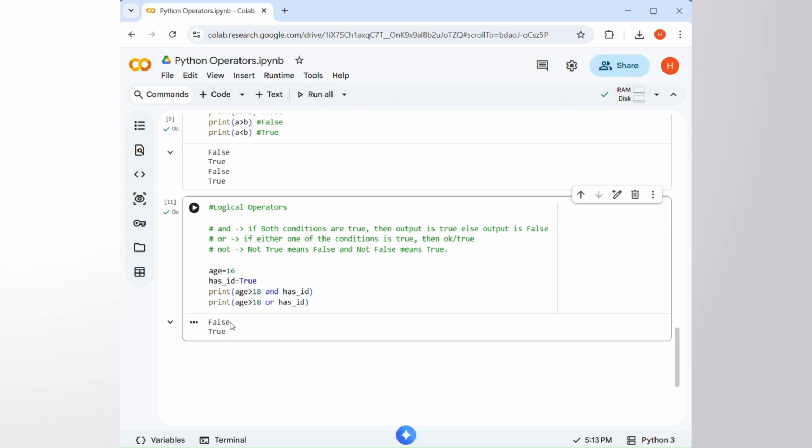So then the result is false and true, because if either one of the conditions is true, then the final output is always true. But if both of them are false, then only is the output false. For example, if I give false, now the result is false for the OR condition, because 16 greater than 18 is false, and